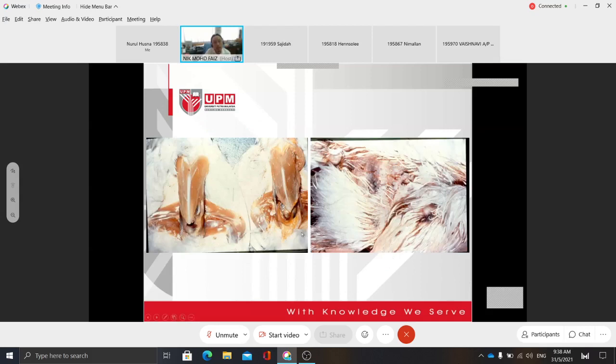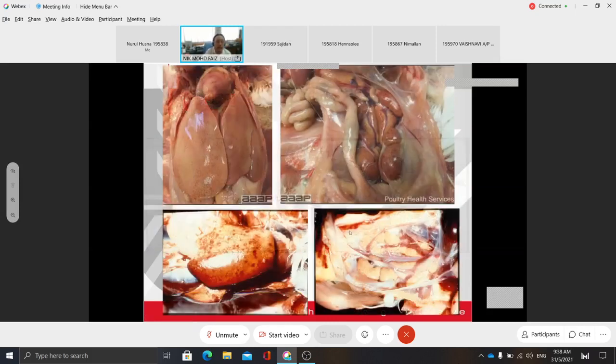So this is how they look like. The chickens appear icteric, yellowish, jaundice, and you'll see some hemorrhages underneath the skin. And then the liver appears enlarged with some hemorrhages. The kidney appears enlarged also, hence the mottled, like all the dots, and then reddish.